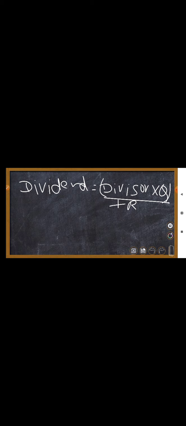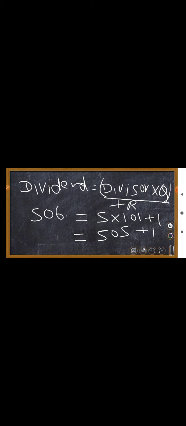So what was the divisor? Divisor was 5. Sorry, first write the dividend. What was the dividend? 506. 506 in LHS. Now it comes for RHS. The divisor was 5, quotient 101 and remainder also 1. 101 times 5 is 505 plus 1. 505 plus 1 is equal to 506. So here you can see that LHS is equal to RHS. Again it is verified. Now I think you all know how to do this division and the verification also.